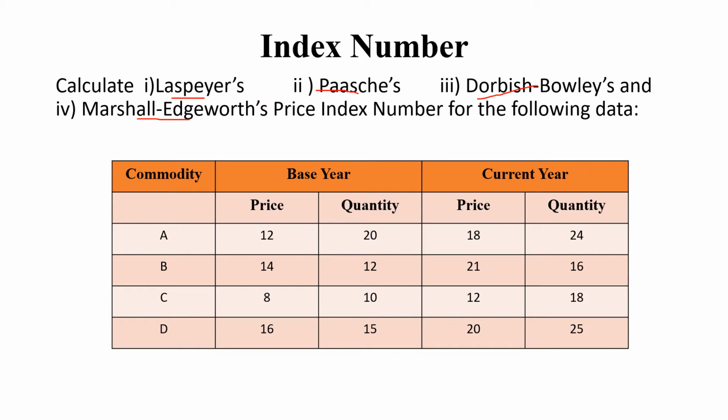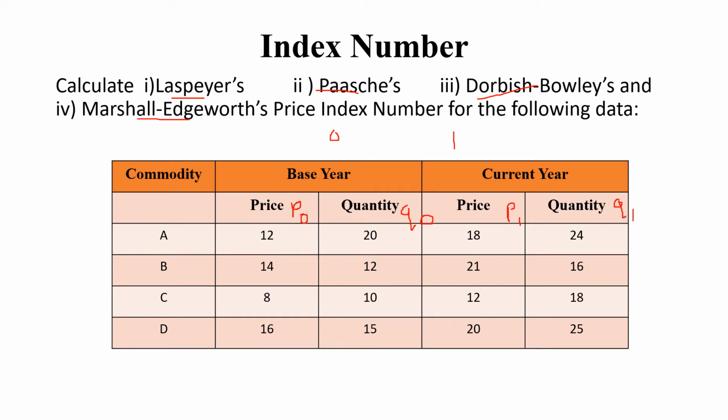Before going ahead with that, base year is always indicated by 0 and current year is indicated by 1. So according to the rule, base year price can be written as P0, because the shortcut for price is P and for the base year is 0. Simultaneously for quantity the shortcut is Q. Since it is a base year, it will be Q0. Next, the current year. Current year price will be P1, as the current year is identified by 1. Current year quantity would be Q1 over here.